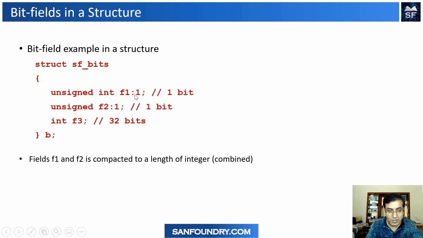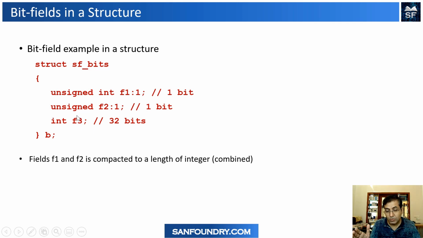So even though we have written separate semicolon-terminated declarations, field 1 with 1 bit and field 2 with 1 bit, if the compiler has already allocated 4 bytes for an integer and we are using only 1 bit, the remaining 31 are not in use, right? So it will take one of them and give it to F2, and the remaining 30 are not in use. So the compiler will take both of these together and create a 4 byte memory area. And then the next one is F3.